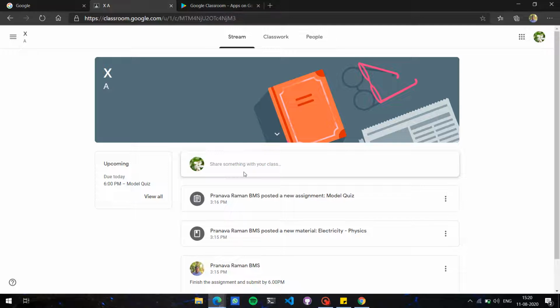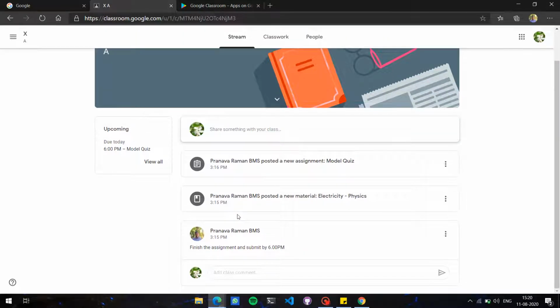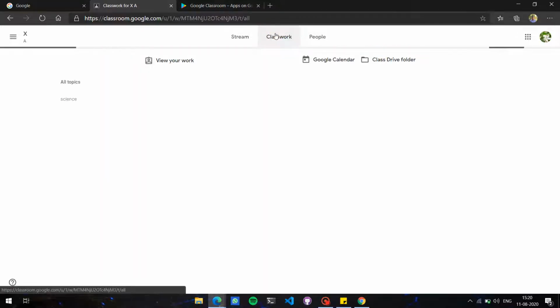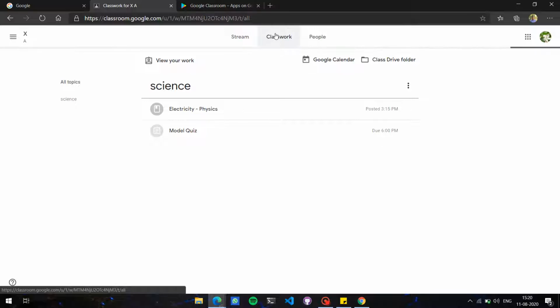The stream menu is a place where each and every piece of data shared by your teacher will be shown, whereas classwork is a way to organize all the stuff posted by your teachers.